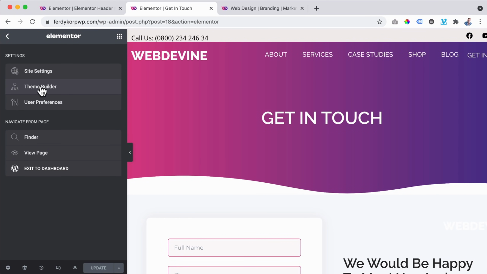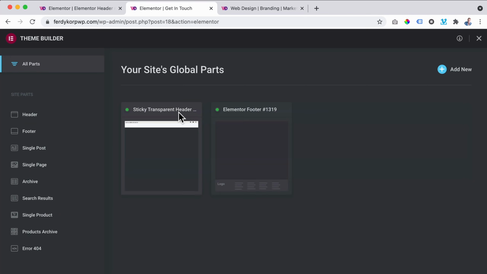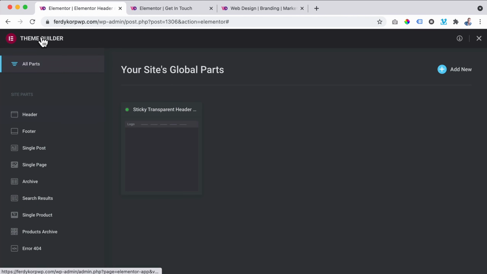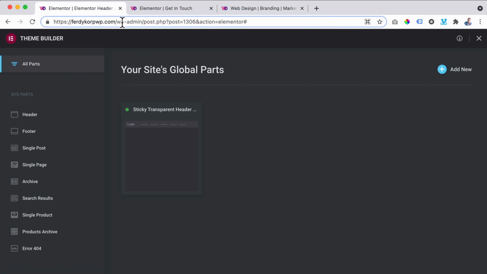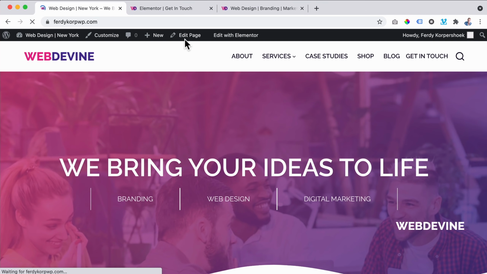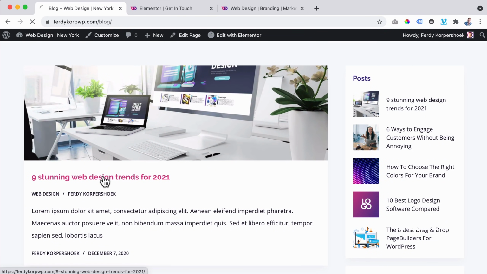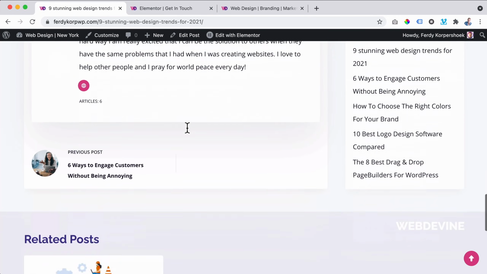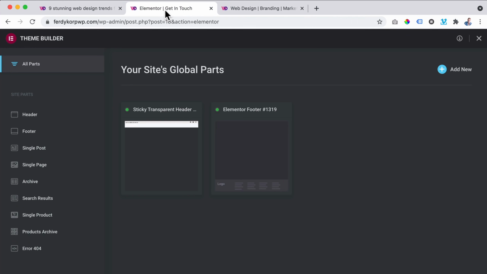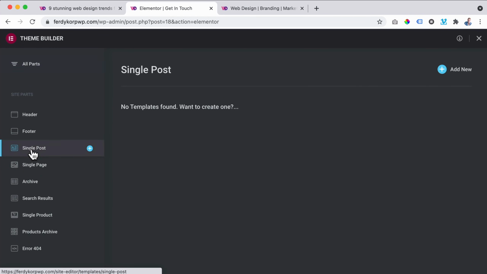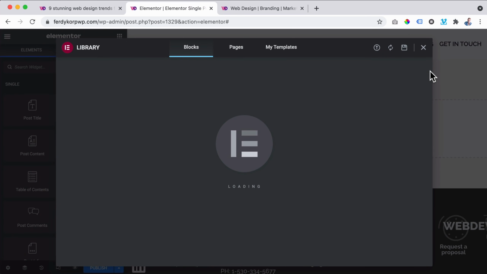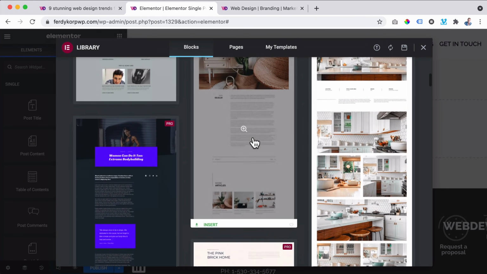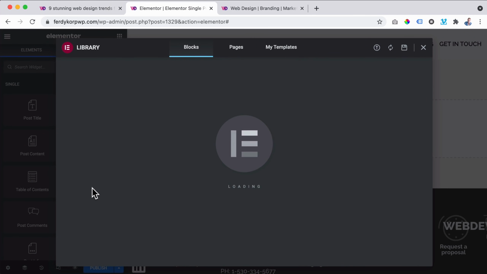And then over here, I can go to the theme builder. If I go to a certain blog page, so I go to the website, blog, and I go to a blog post. It looks really normal. What I can do now, if I want to, over here, I can go to the single post. I can add a template. And I can use a pre-made layout. So if I choose this one,